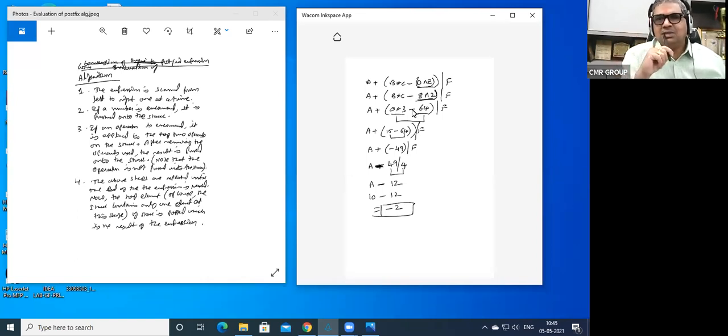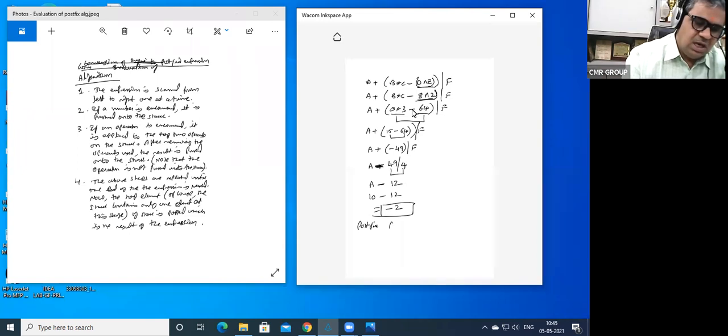Now let us see the same thing when the postfix evaluation is being done, that is, when we write it as a postfix. What was the postfix we have written for this? What is that postfix we got? We have written it as a b. What is the postfix of this?